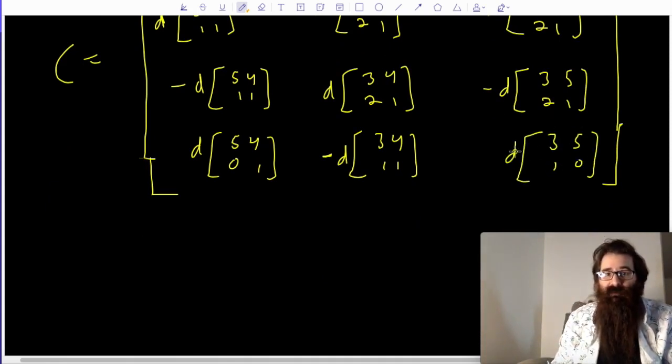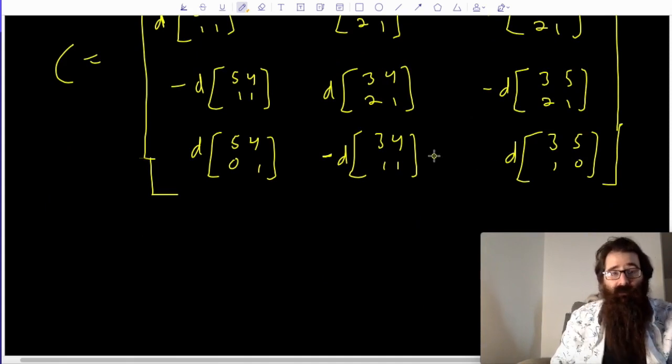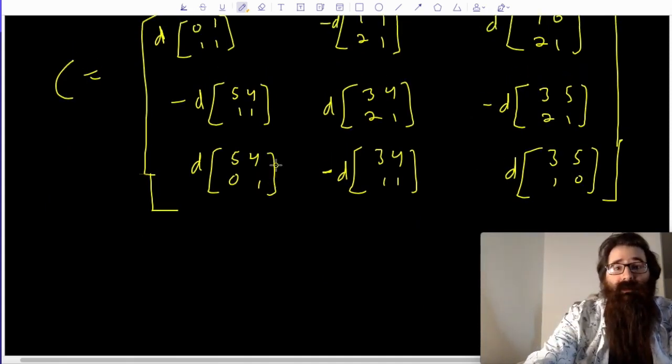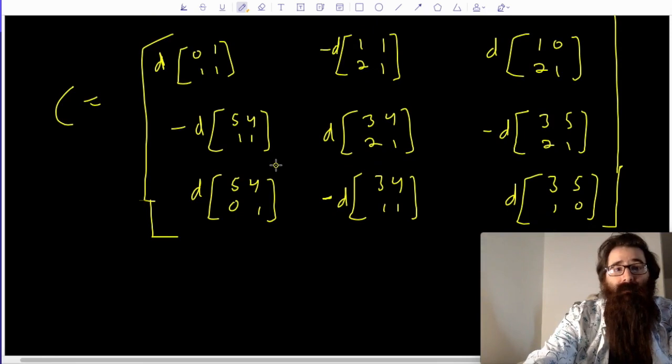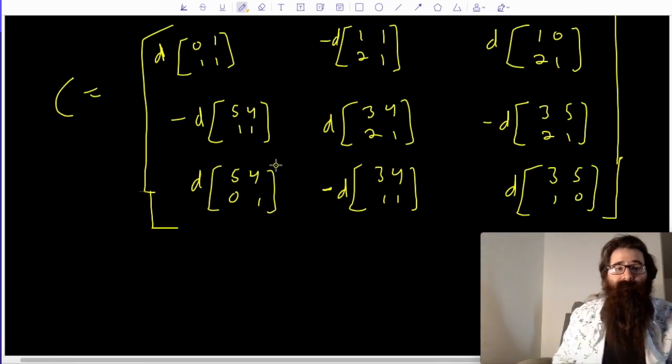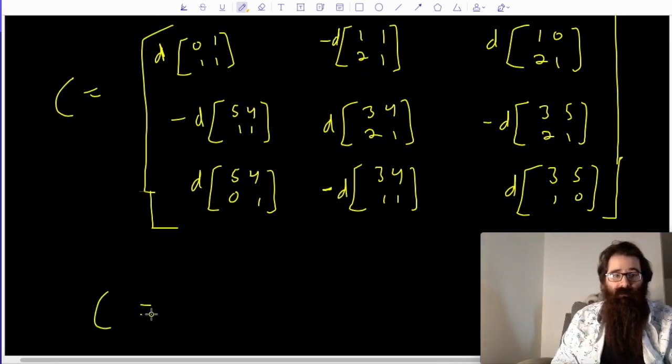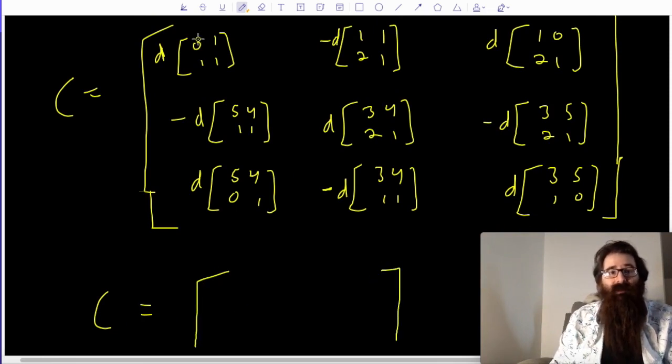I want the determinant of that, and I don't have to flip the sign because of where it is. This is how we build that cofactor matrix. Now I have to start finding determinants. Determinants of 2 by 2s aren't so bad, so we can do that. So here I'm going to get 0 minus 1 gives me negative 1. Here I'm going to get 1 minus 2 gives me negative 1, but I have to flip the sign, so